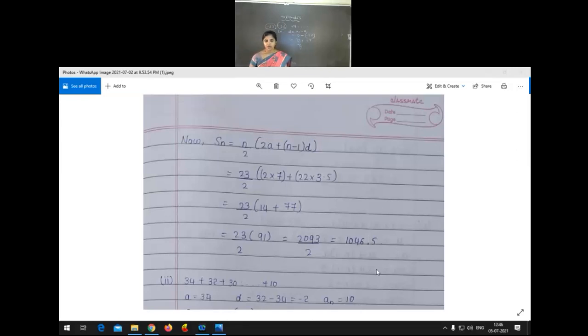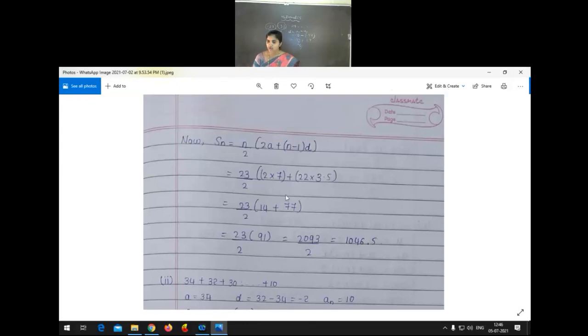Now I need the confirmation from your side. What answer you got, students? Same answer or different answer? If you got a different answer, then we'll work out the problem on the board. Otherwise, we'll continue. Did you get the same answer? Yes, I got the message from 2 students, same answer. Yes, Vaishnavi is sending that same answer.